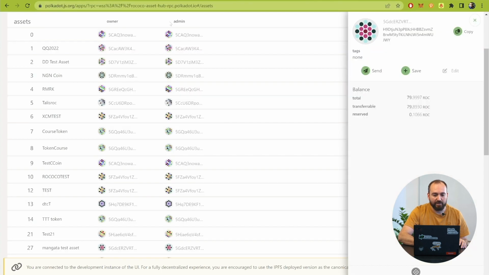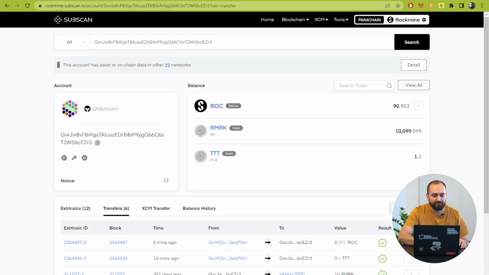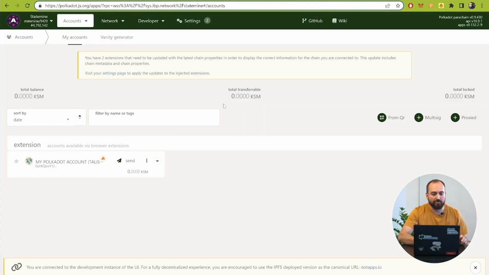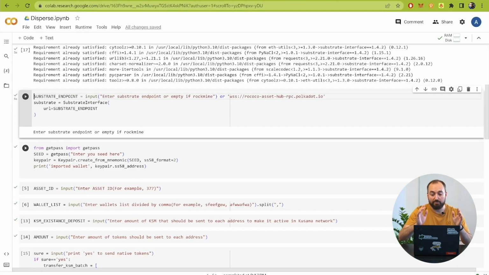For example, if we are talking about Rococo, it's Rococo Asset Hub RPC Polkadot.io. For Kusama and Polkadot, there is another RPC address. But basically for our course we are using the test network Rococo. Just press enter. The next block is related to